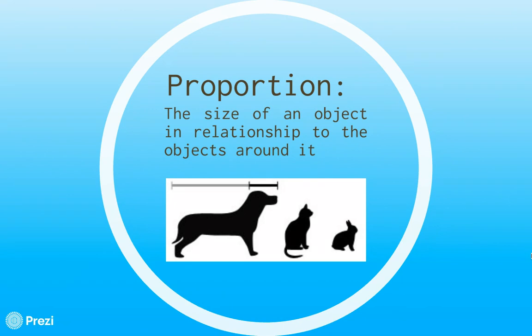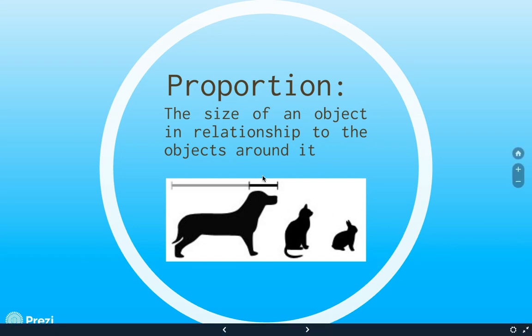Okay, and then proportions. Proportion is the size of an object in relation to the objects around it. So for instance, the length of this dog's head would be similar to the length between the front of the chest of the cat and the back of the cat, or from the tail end of the bunny to the nose of the bunny. So we're just comparing parts of one animal to parts of another animal so that we can get